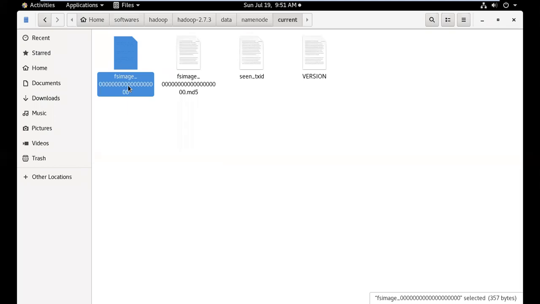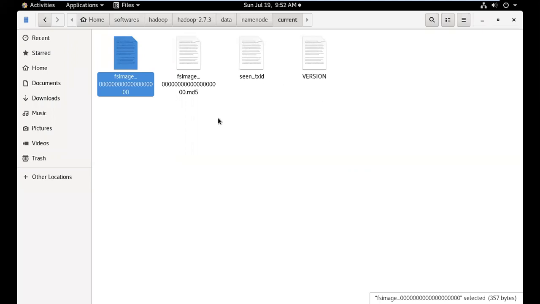So the very first time, you have to format your name node. When you format it, it creates an FS image in the name node which contains the complete details of your cluster and files. Right now we don't have any files, but it creates one FS image. We don't have edit logs yet, because we have not added any files.